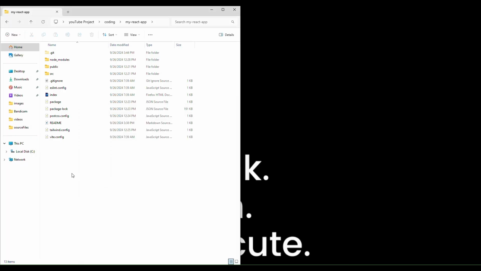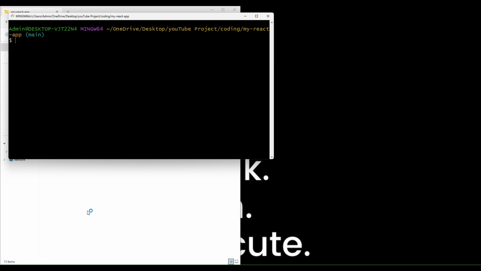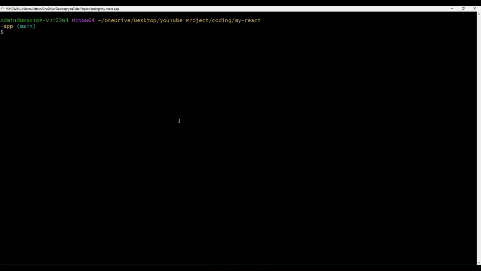Right click again. After right click, you can see open Git Bash here. Because you have made some changes on here, it will show. Then again you have to apply the same thing, add, commit, push, three things.